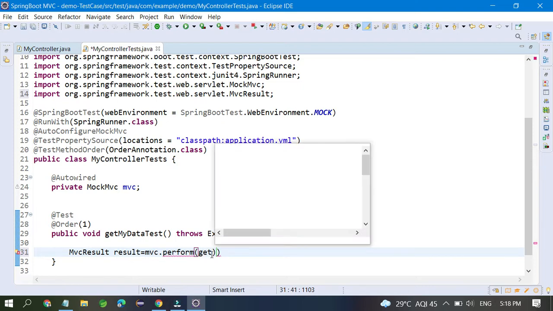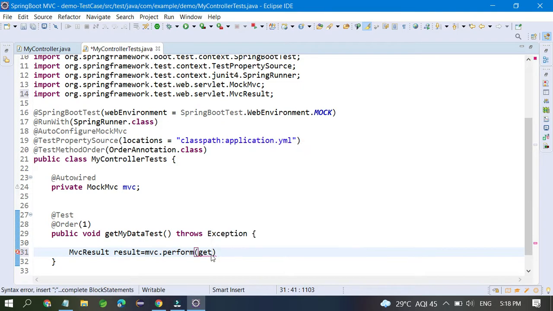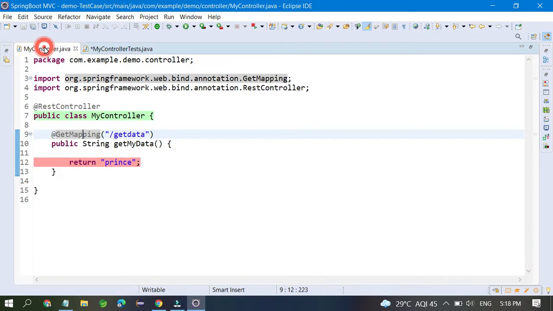Once you put the get, you have to pass the URL. Like getData, I think we have mentioned getData. This is the path you set earlier, getData. Okay guys, I hope you understood what path you have to follow. So you can write it like that, getData.